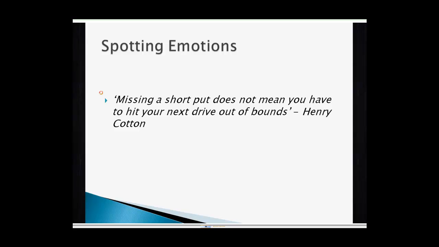I'm going to start off with a quick quote from Henry Cotton. Henry Cotton was an English golf pro, I believe, many years ago, and from what I read, he won a few British Opens. His quote was, "Missing a short putt does not mean you have to hit your next drive out of bounds." If you're a golfer, or you've done any sort of sports, or even certain hobbies